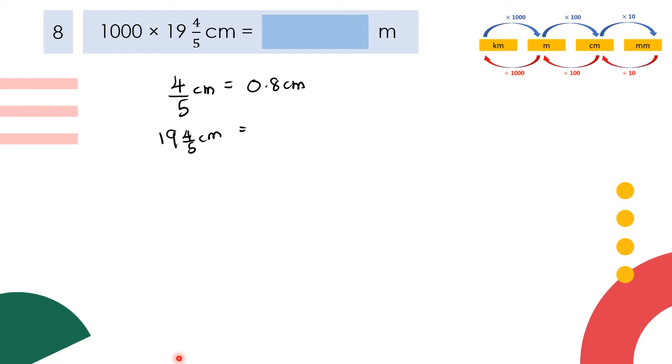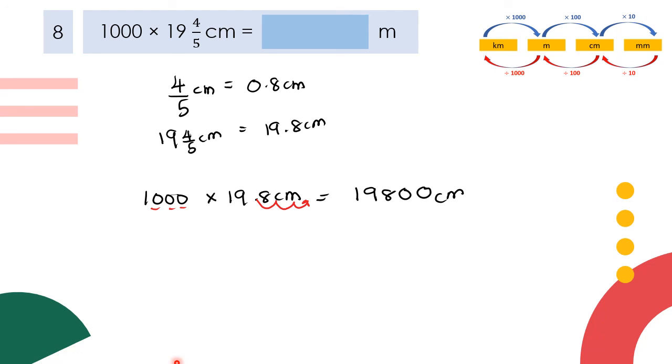So 19 and 4/5 cm equal to 19.8 cm. Okay, now we times with 1000. 1000 times 19.8 cm. So we have 3 zeros. So we move the decimal point 3 steps to the right. So you got the answer